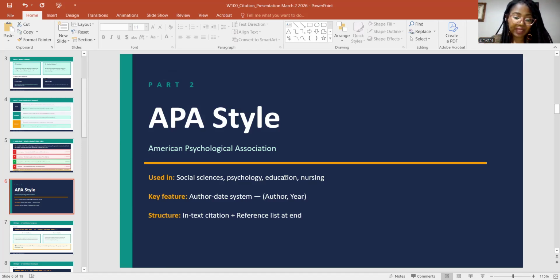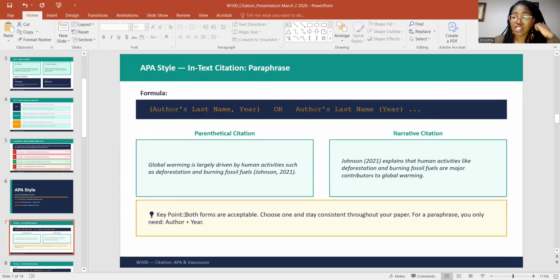The key features of APA citation, we have practiced this in class. You always have the author's last name, comma, and the year in parentheses or brackets, all right? And as I said before, you need two things with citation. You need an in-text citation, and you need to have it in the reference list, which is what we're going to look at today. So, in-text citation: when we paraphrase, we use our own words. Okay, so we're looking at in-text, meaning within the work, within the paragraph.